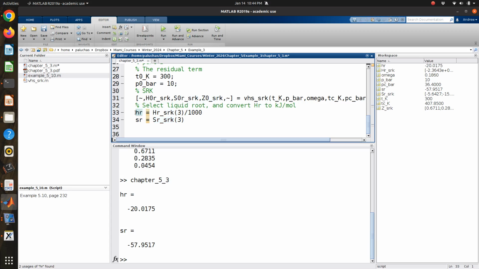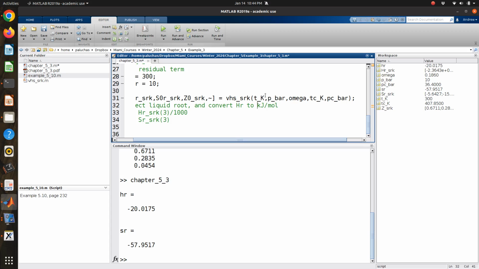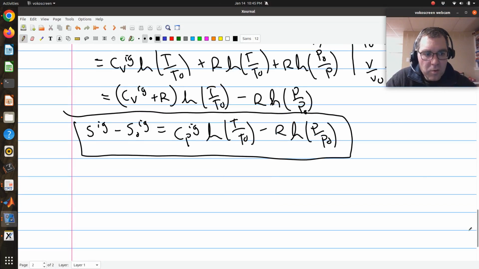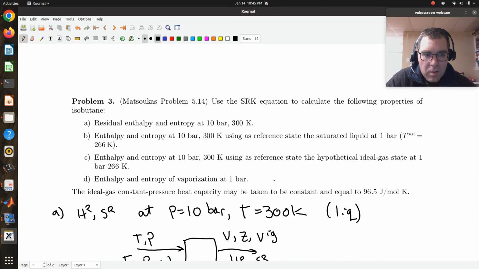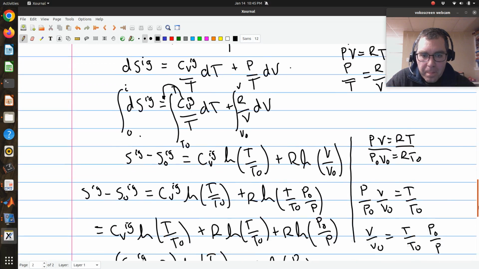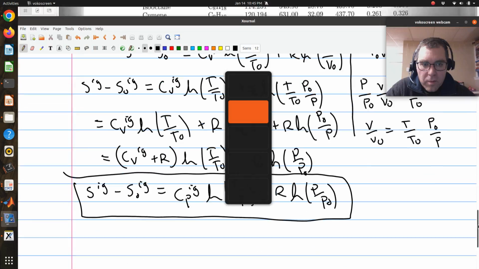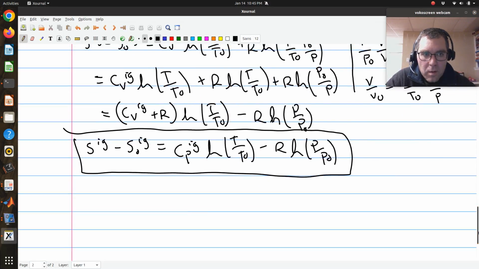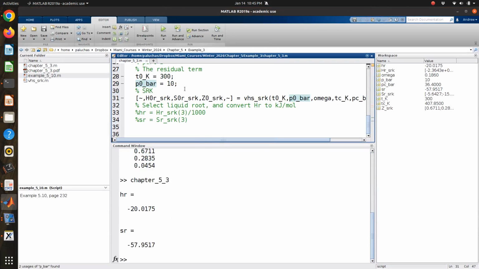I'm going to suppress those for now. And then I need to pass to this T naught and P naught. That was 266 Kelvin and 1 bar. 266 Kelvin and 1 bar. And we're told liquid, right? Yeah. So 266 Kelvin